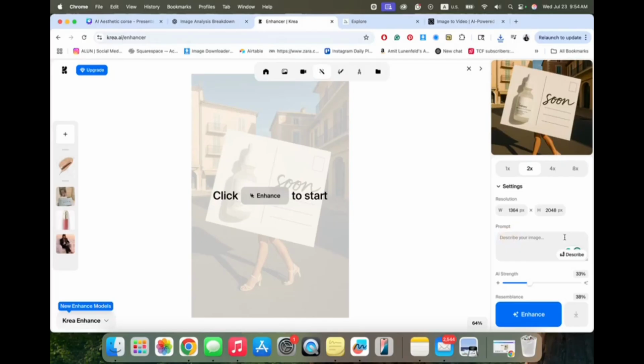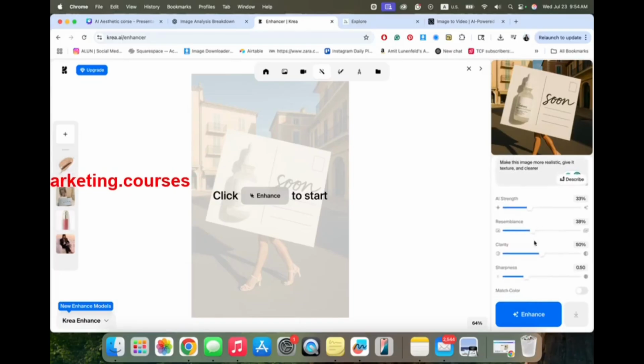I want to prompt it as make this image more realistic. Give it texture and clear.